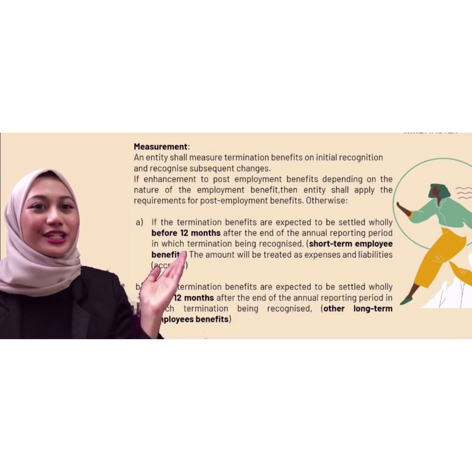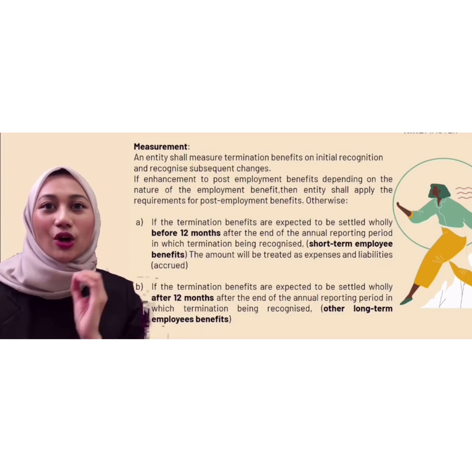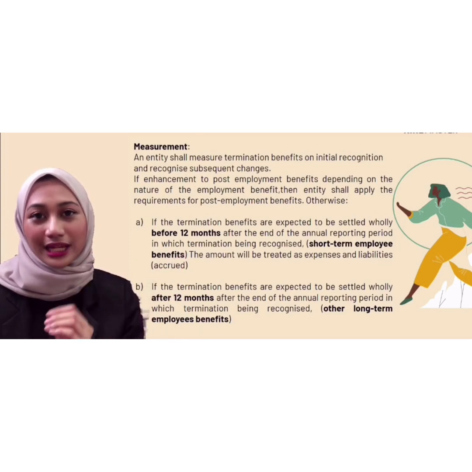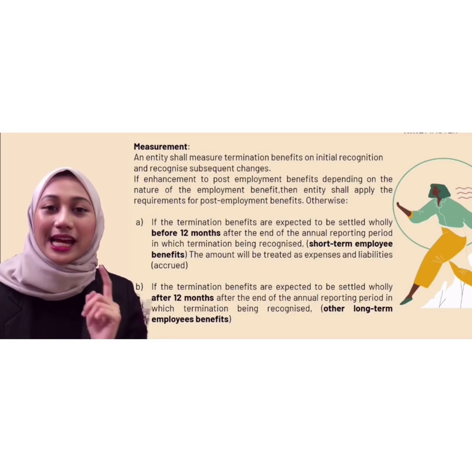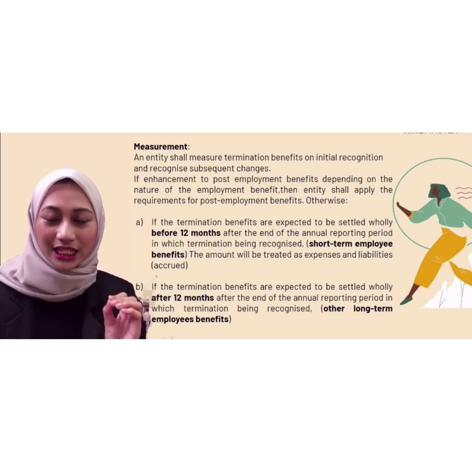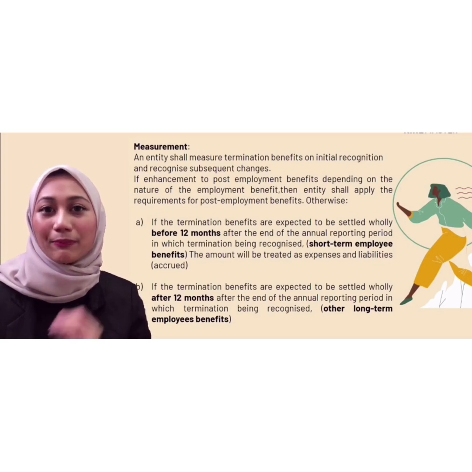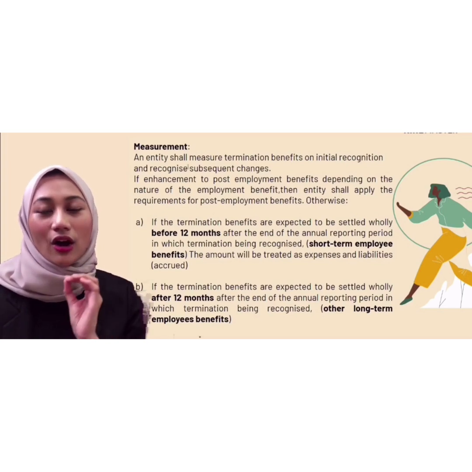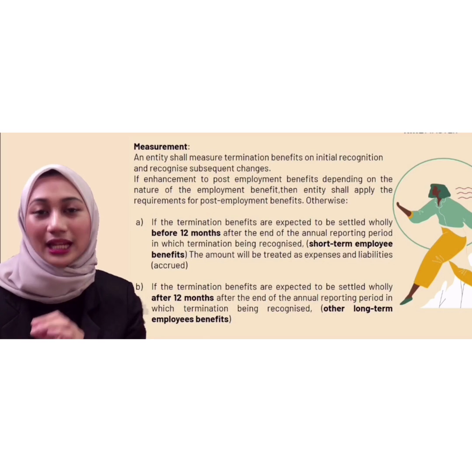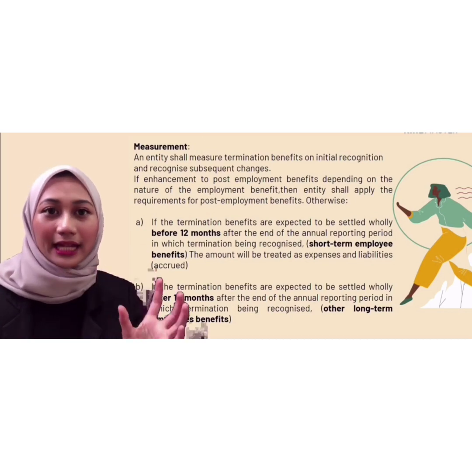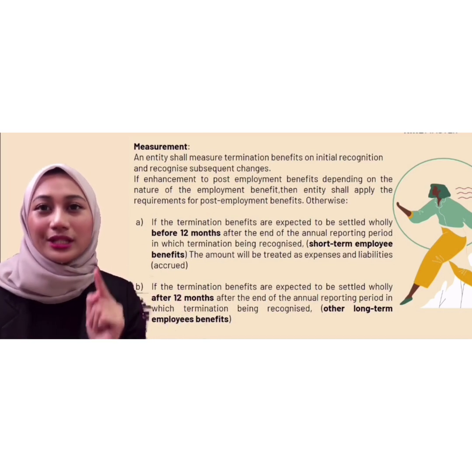Now we move to measurement. An entity shall measure termination benefit on initial recognition and recognize the subsequent changes. If enhancement to post-employment benefit, depending on the nature of employment benefit, the entity shall apply the requirement for post-employment